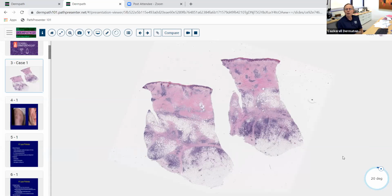And just put yourself in the shoes of a patient. If they have a skin disease, they want to just have one biopsy. They don't want to get 2 office visits, 2 anesthesias, 2 painful procedures and this, that, and the other. They would just like to get one biopsy, one answer. So the best way to do that is to take the most classic lesion that you can take, the most classic